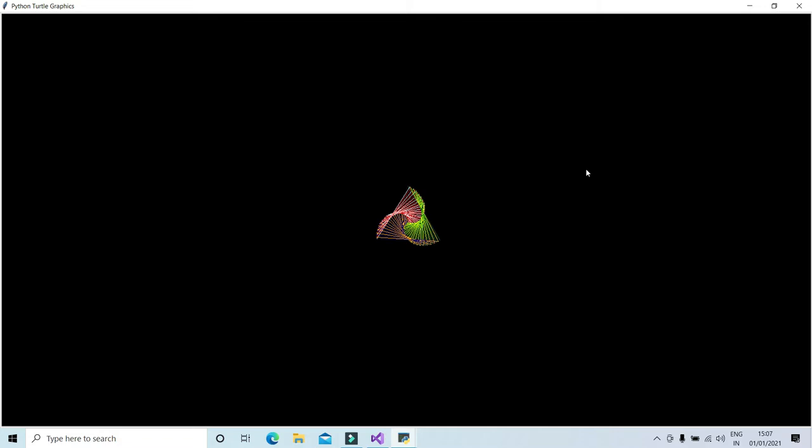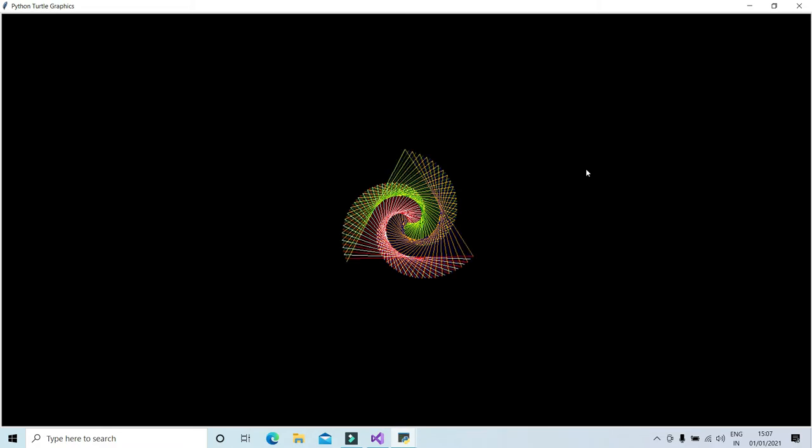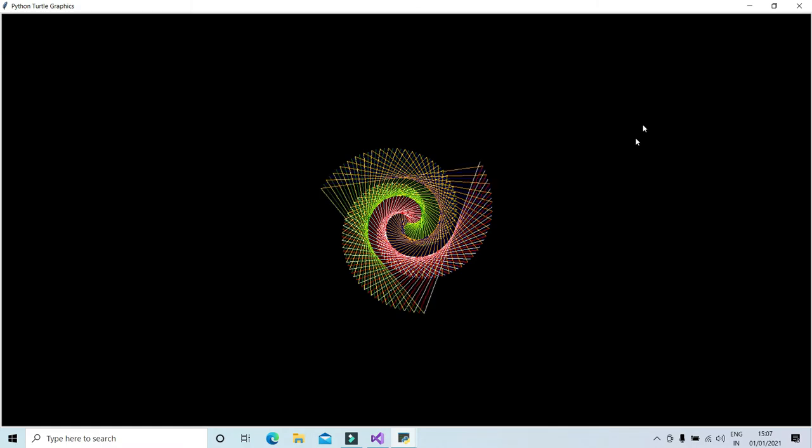You can see this pattern is nothing but triangles being stacked over one another and being rotated in the left direction by a certain angle, and these triangles are being created by the turtle. So that's basically how the pattern will look once all the code is written in the correct manner.